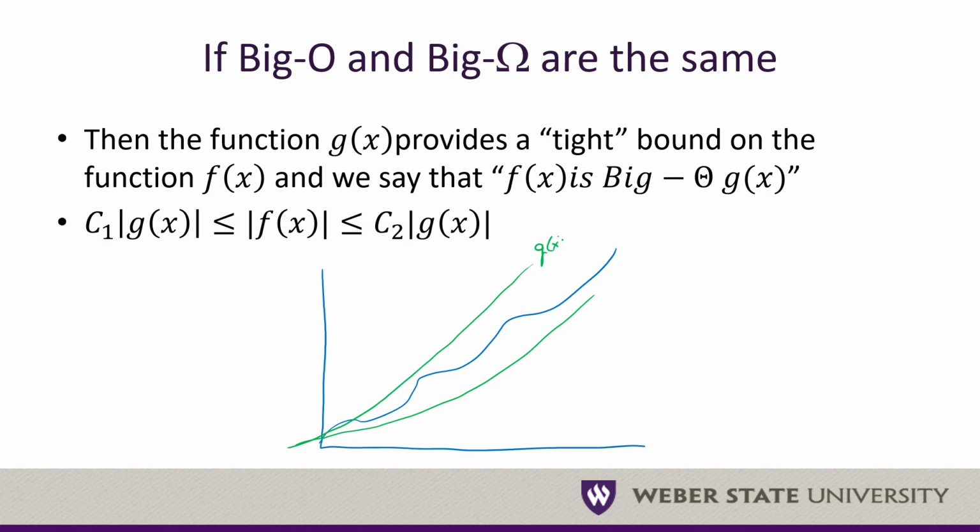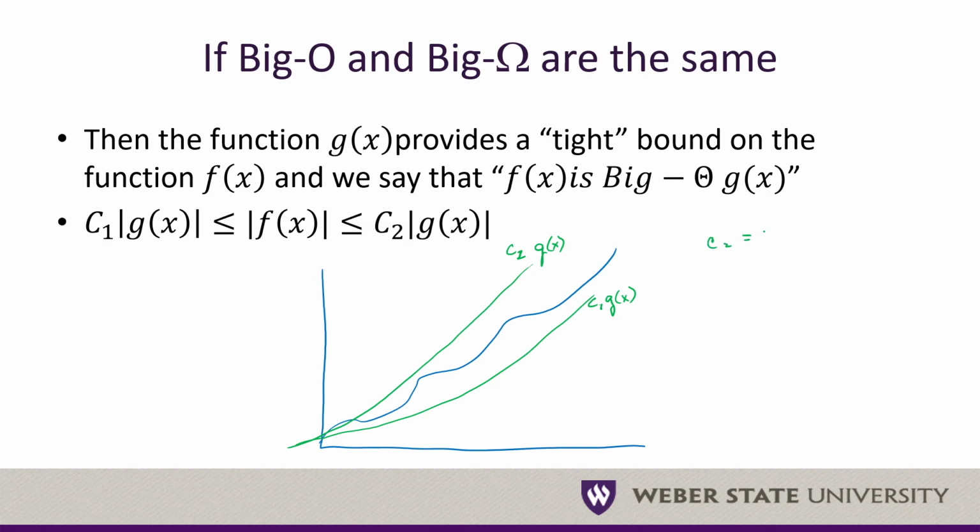So if this is g of x, and this is C1 times g of x and C2 times g of x, or actually, I guess normally we're going to have this be C2, and this would be C1 now. I knew I was going to get my g. So C1 g of x, then we can say